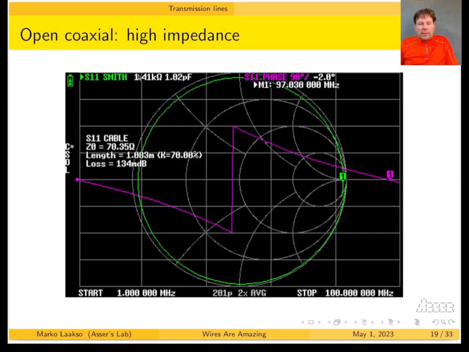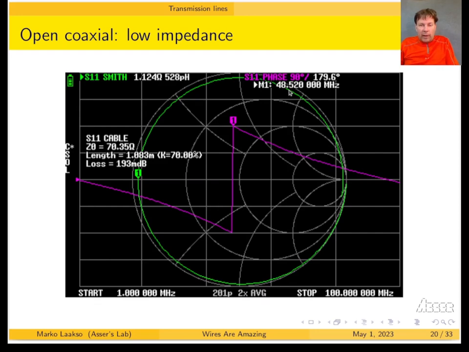We can see that the impedance of this wire, we have roughly 1 meter of coaxial cable there, and the impedance is 1.41 kilo ohms at this frequency. But then if we move to here,